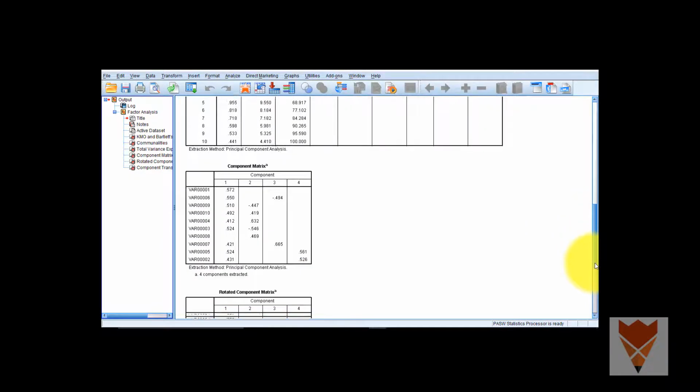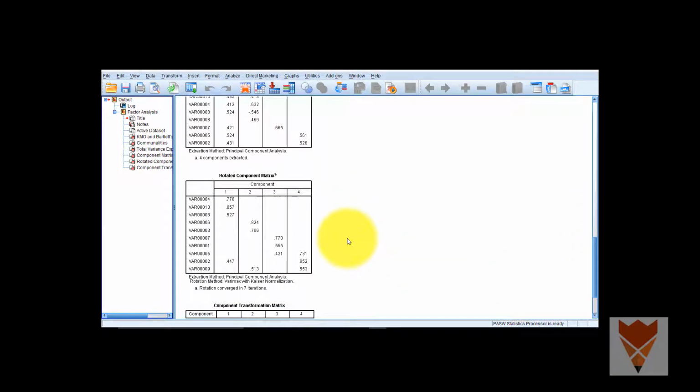And here also we can check the same thing. After rotation, the percentage variance the first factor is explaining is 16.859, second 16.177, third 13.170, and fourth 13.161.